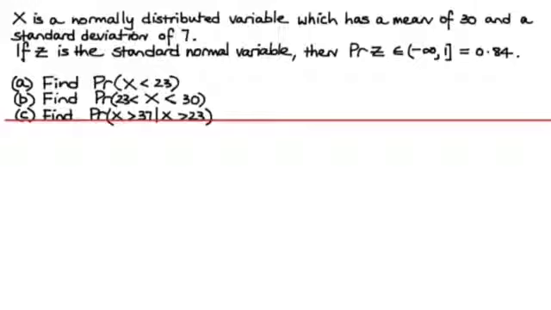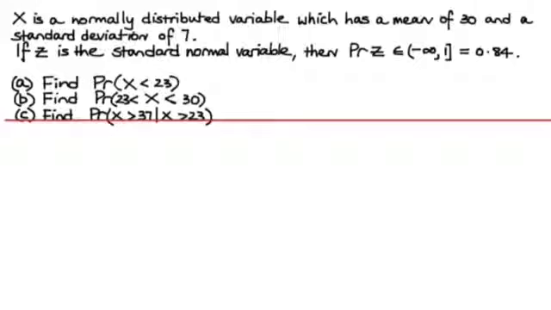Secondly, we have to find the probability that x lies between 23 and 30. And lastly, we have to find the probability that x is greater than 37 given that x is greater than 23. Okay? Now this is where you have to draw a diagram, firstly to understand what's going on, and secondly